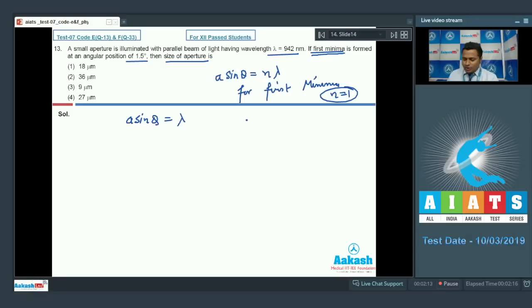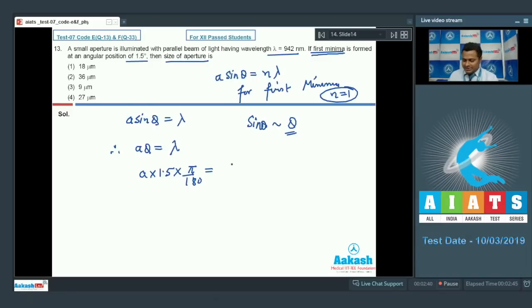Now we know very well that for a small angle sin theta approaches theta, therefore the expression will become A times theta equals lambda. Now let's plug the values from the question into the given expression. We have A multiplied by theta, which is 1.5 degree, so we better convert it into radian, pi by 180,